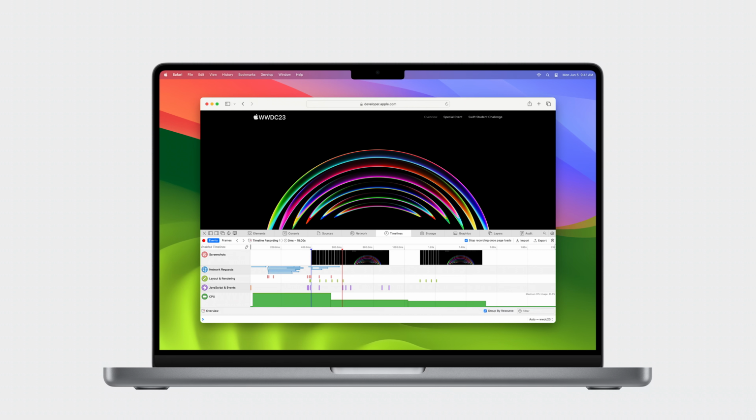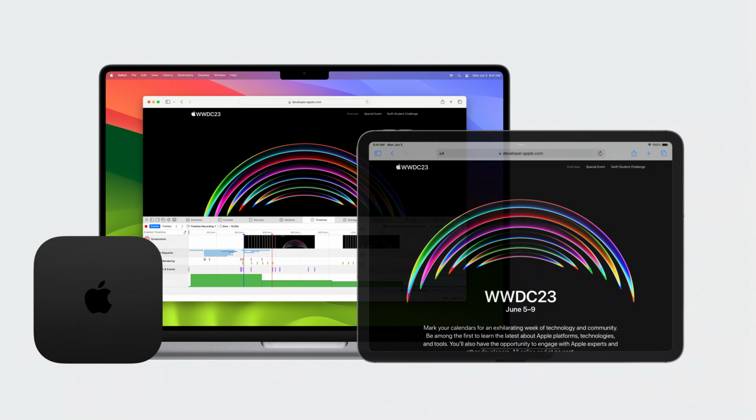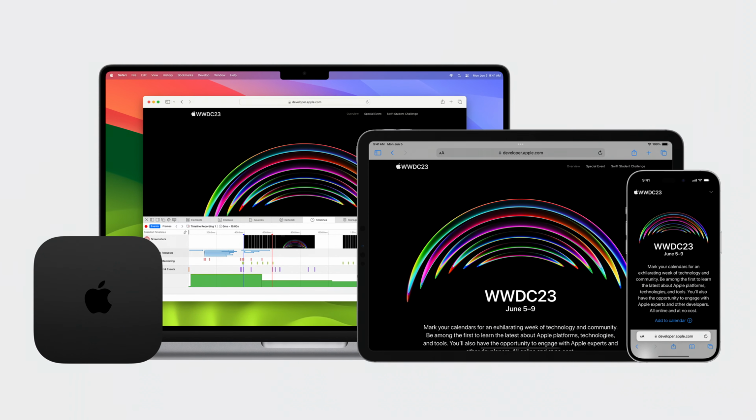Safari includes features that give web developers and designers like you access to a rich set of tools to inspect your web pages, web apps, apps with JavaScript and web views, extensions, and more. And these tools work seamlessly across iOS, iPadOS, tvOS, and XROS when paired with a Mac.